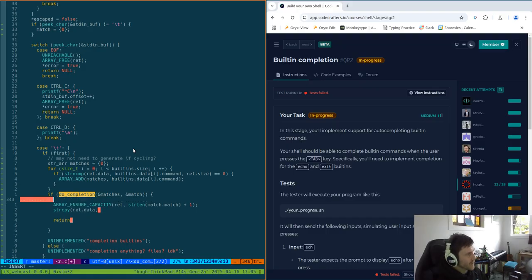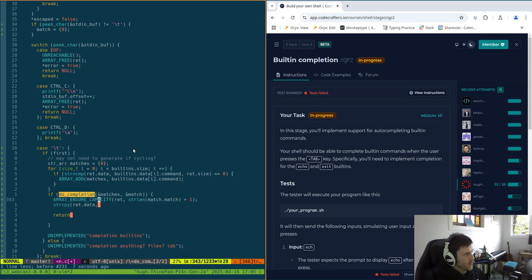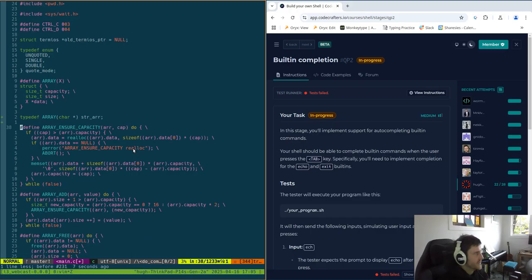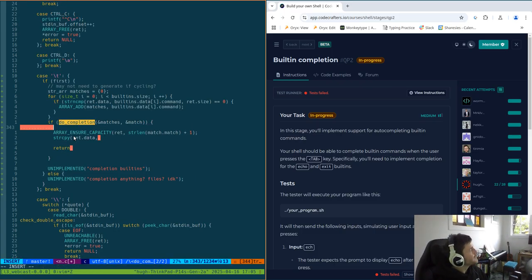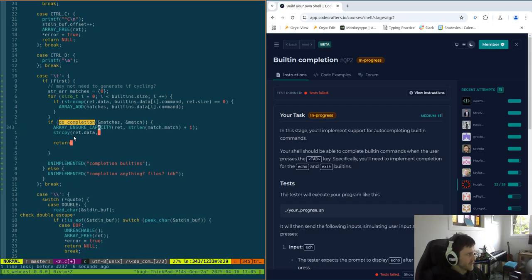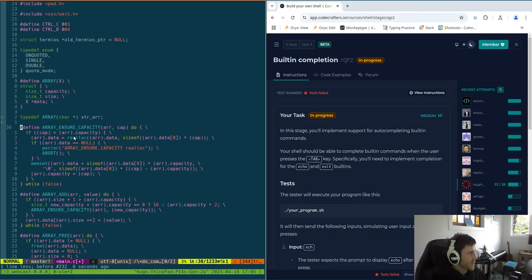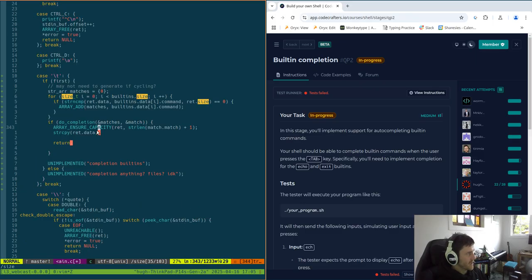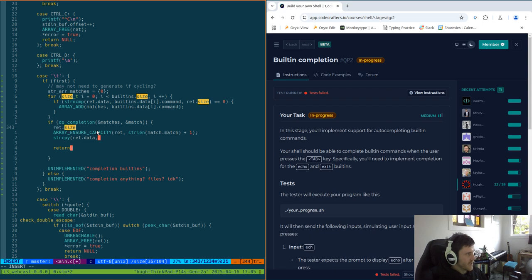I kind of want to do ret.size. Or, what does this do? Does this actually just make sure the capacity? Yeah, so it doesn't care about the size at all. Is that kind of what I was thinking? Size of easy. Yeah, so here we can go ret dot size, and this can be the of